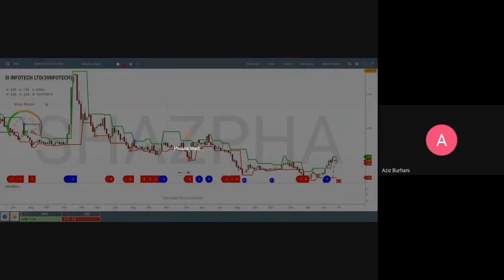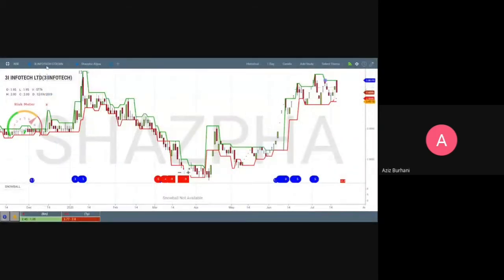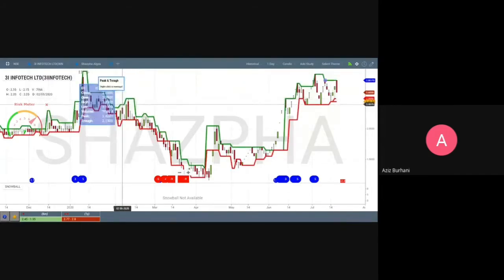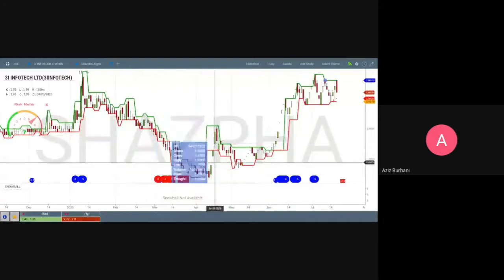There are different types of chart types that you can select. If you reduce the number of items in your template, then the chart will open up much faster. The more items you have, the more algos you have, the charts will take that much longer.